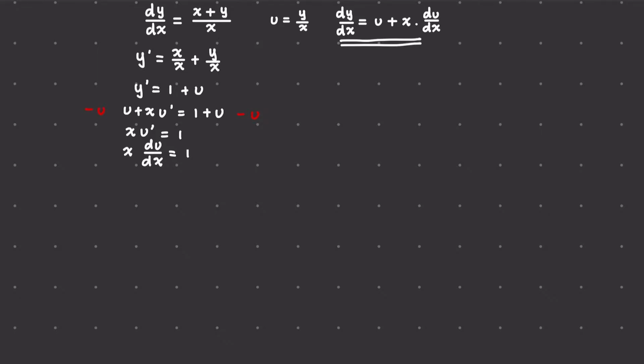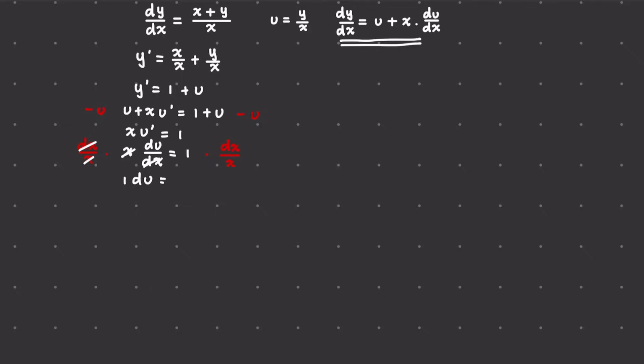Okay, so let's multiply both sides by dx over x, and then we will cross out the x's and also the dx here. We will get 1 times du, or just du,